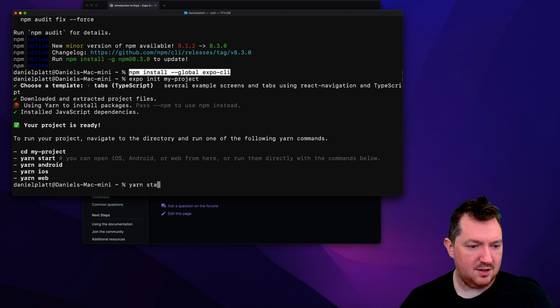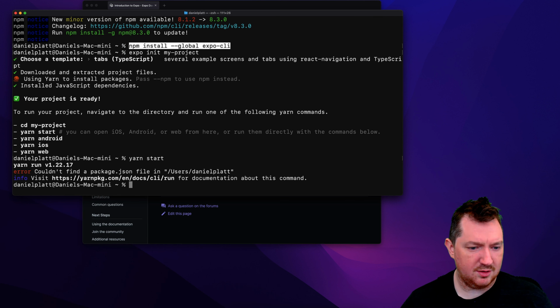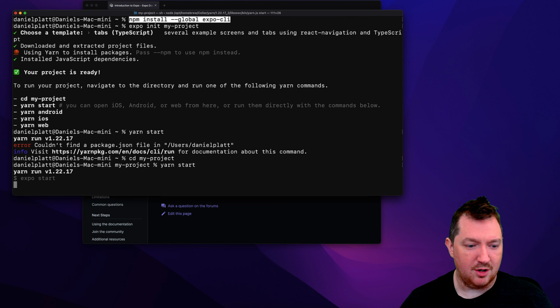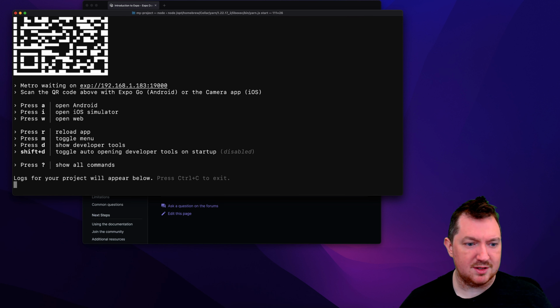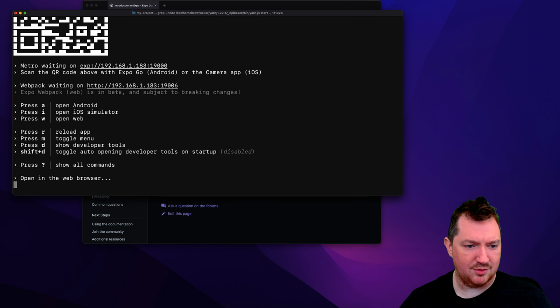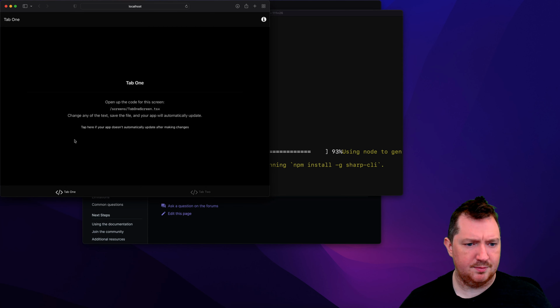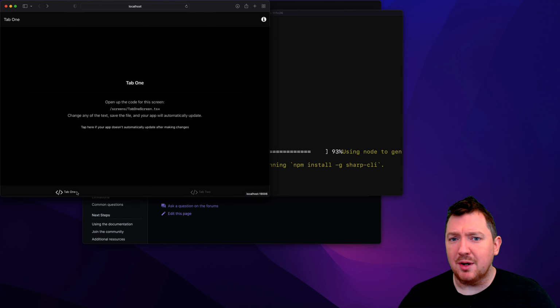So let's get it started. Yarn start, couldn't find, of course not. I'm not in the right project, I'm not in the right directory. Let's see, what was it, my project? And then if we try yarn start, and press w to open a web browser. There you go. It's very simple. And now I can carry on developing my